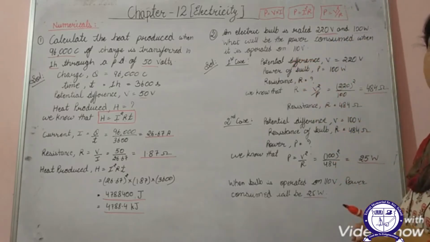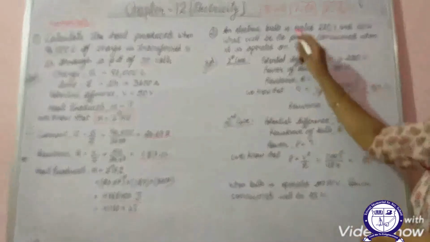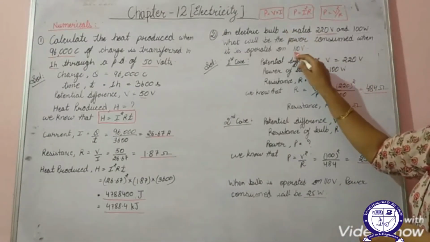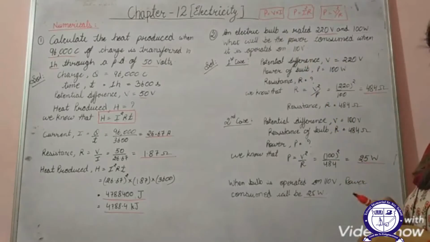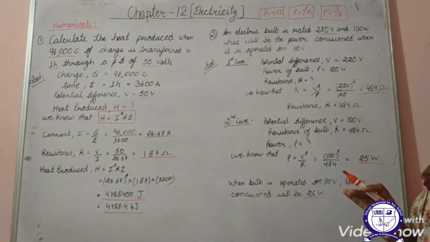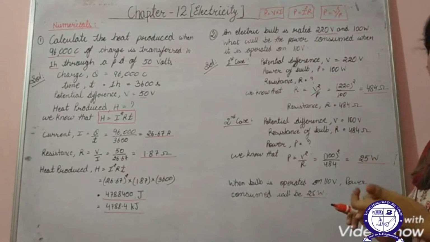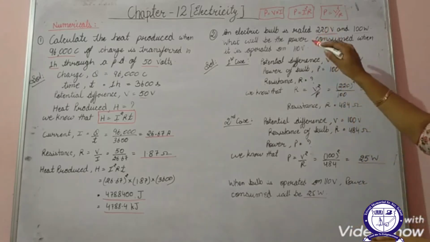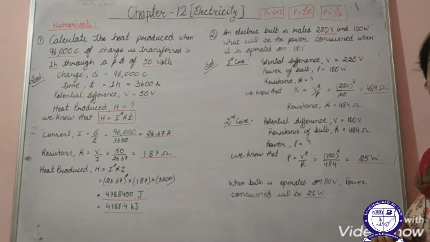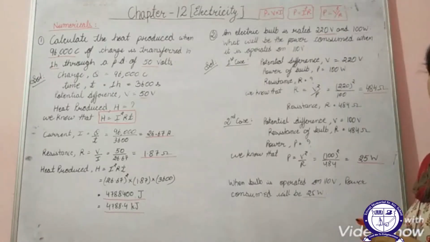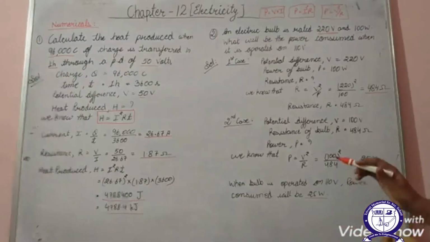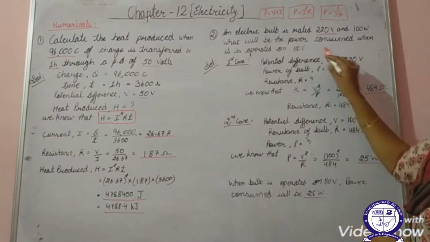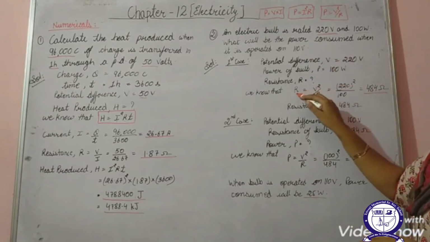The reason behind calculating the value of resistance is that only the potential difference across the bulb is changed, and not the components or the material of that bulb. That bulb is the same only. We know that resistance depends on length, area of cross section, nature of material and temperature, but we are not varying any of those factors. So we can say that the resistance of the bulb will remain the same. So using the first case, we'll calculate the value of resistance.